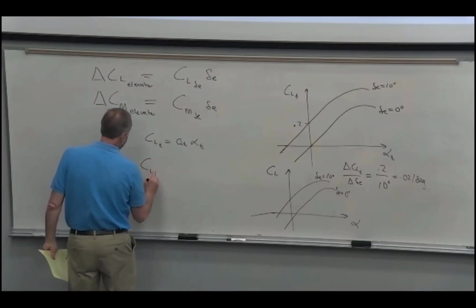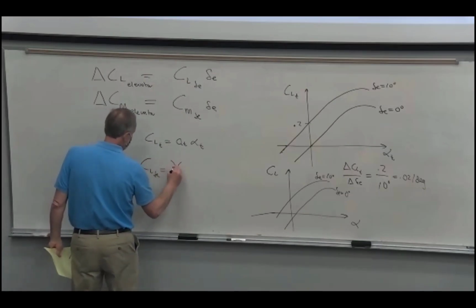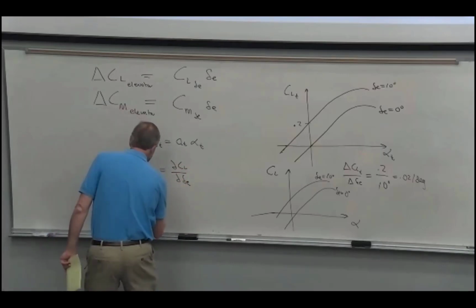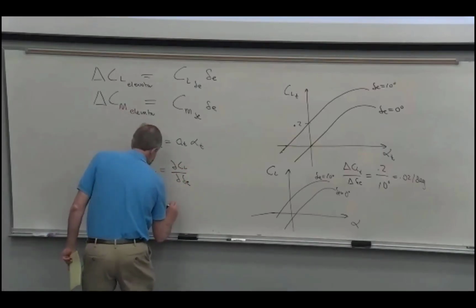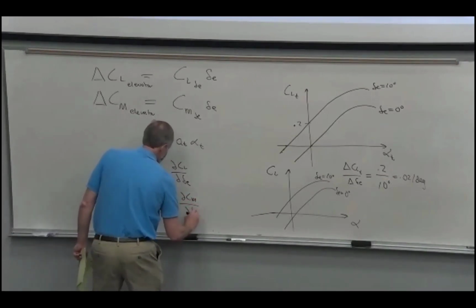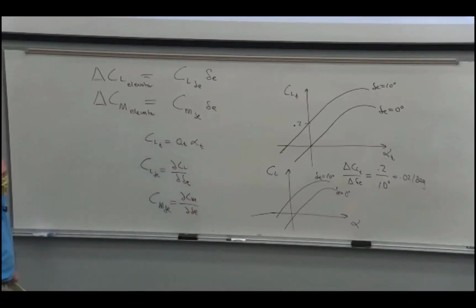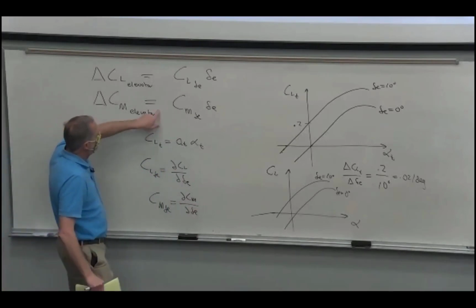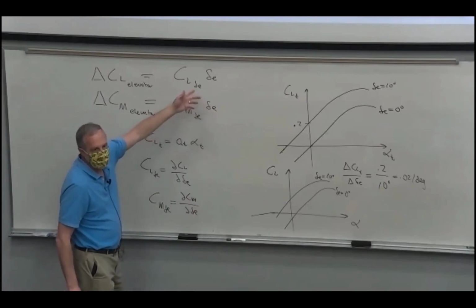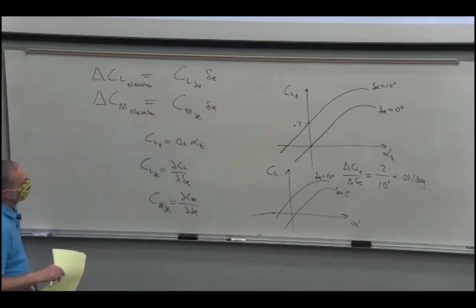So CL delta E is the derivative, not with respect to alpha, but with respect to elevator. Like that. And CM, that's just the change in pitching moment, the delta pitching moment per degree of elevator, and